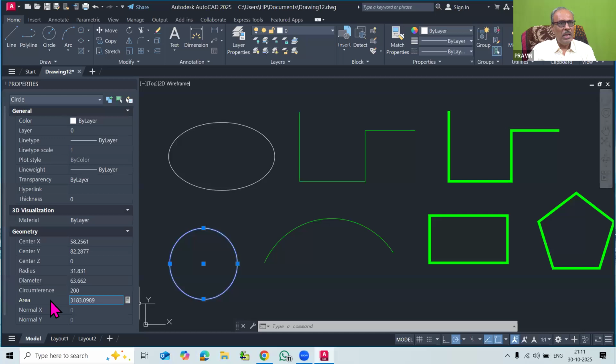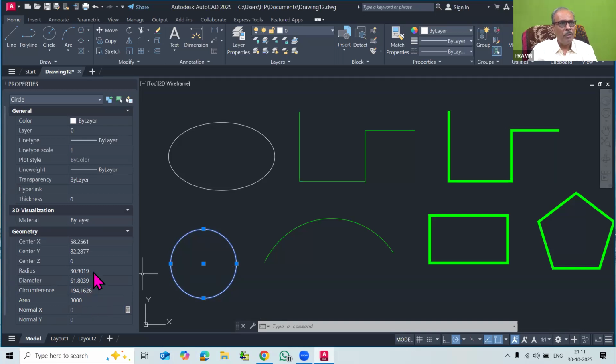Similarly, the area of the circle is also given. We will check whether the area can be changed or not. I will select this area, type 3000 and press enter. You can see that the area was adjusted to 3000. The circle was modified, and accordingly the circumference, the diameter and the radius were also changed.